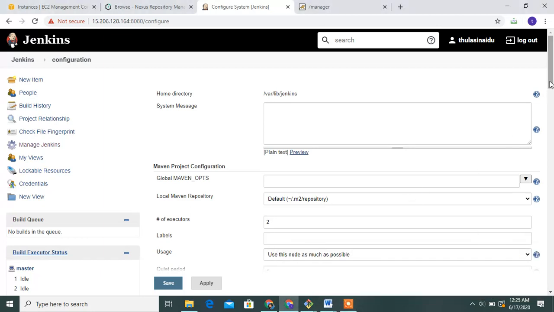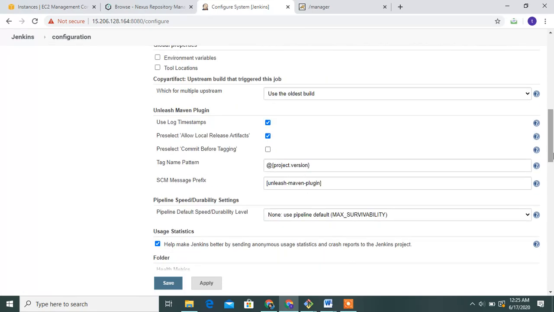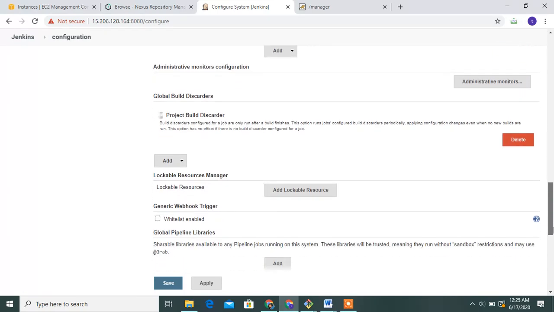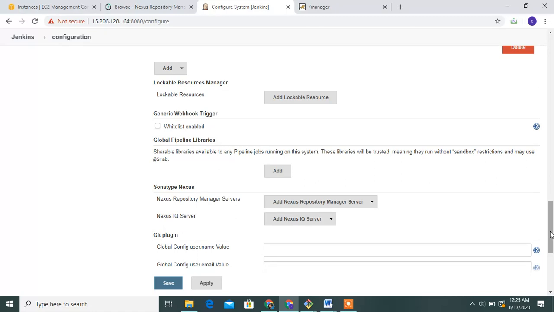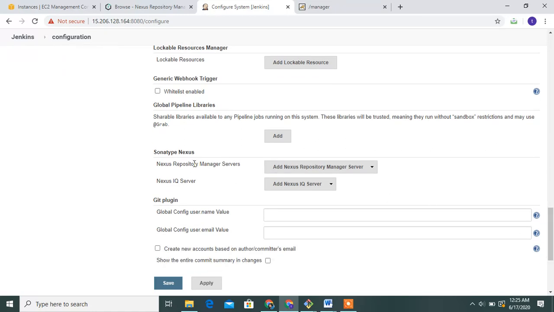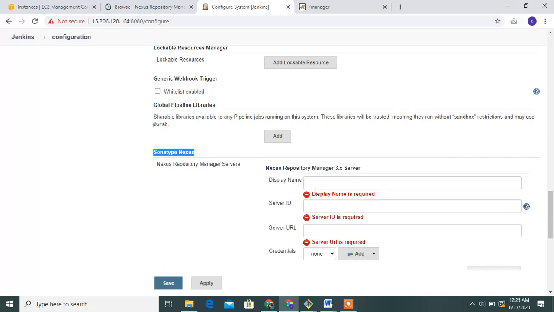Under configuration, see this, guys, Sonatype Nexus, and add it. I select the Nexus repository manager. Display name, give any name, guys. Tulsi Kumar.